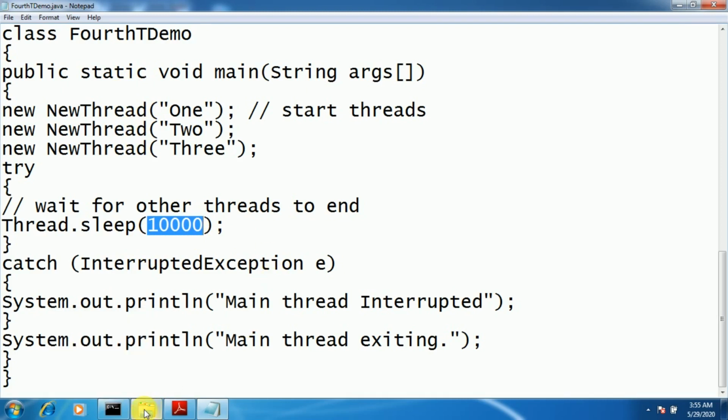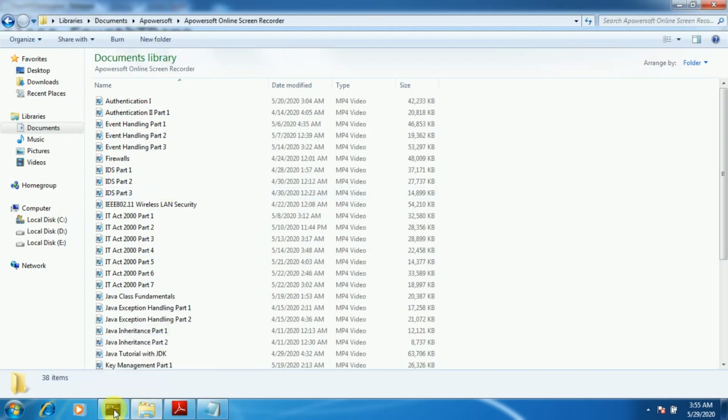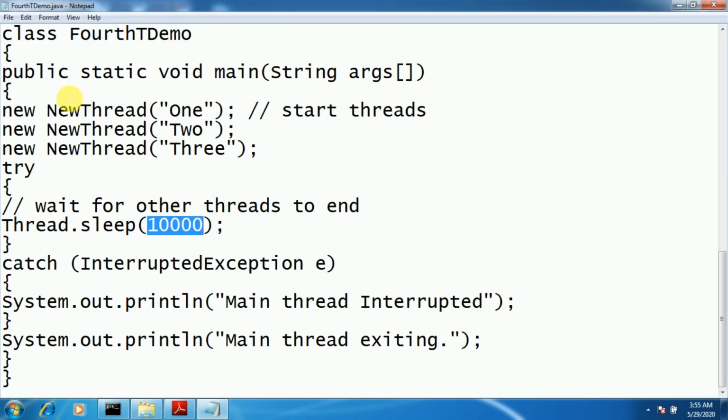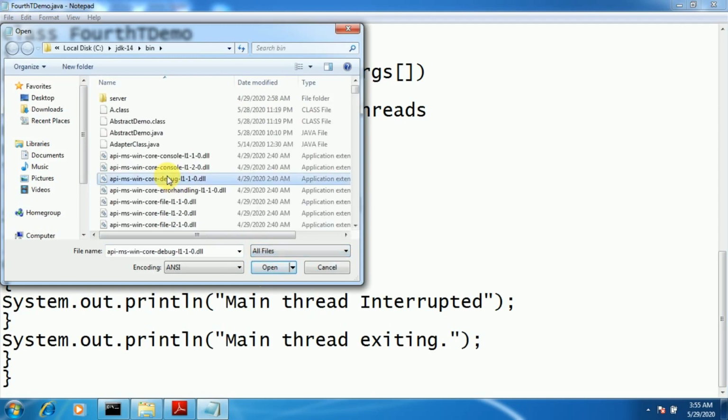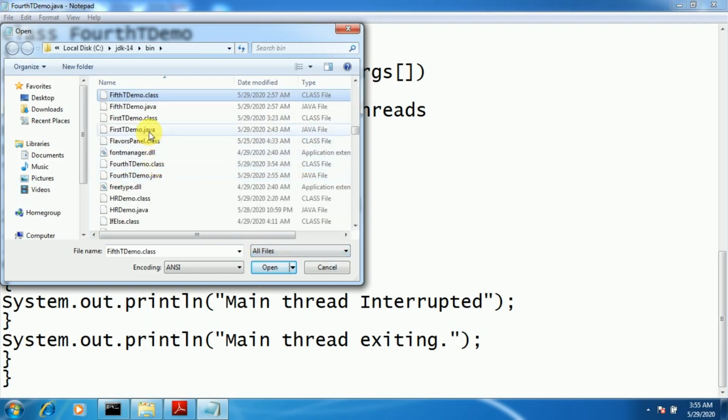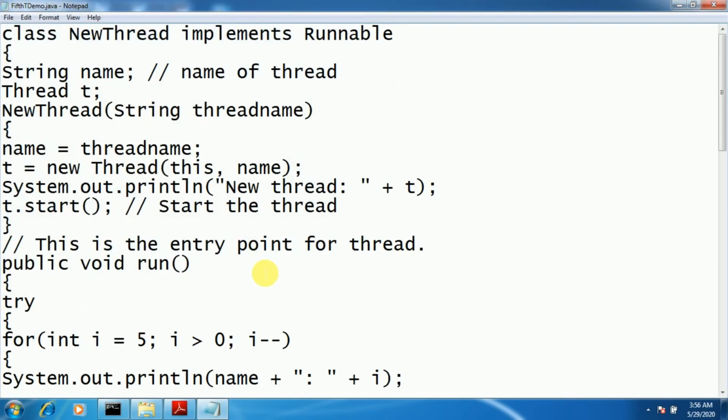So to overcome this problem, we are going to define one more new class called FifthTDemo.java, where we check whether the thread is dead or alive by using the isAlive method.